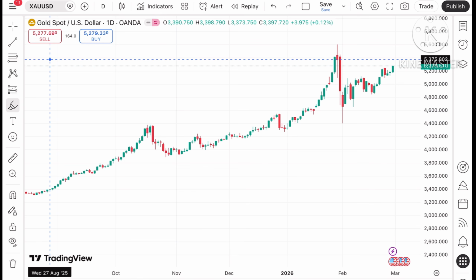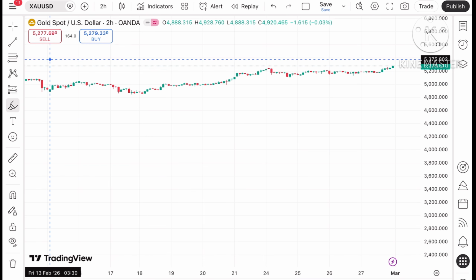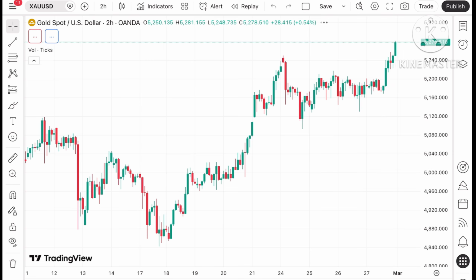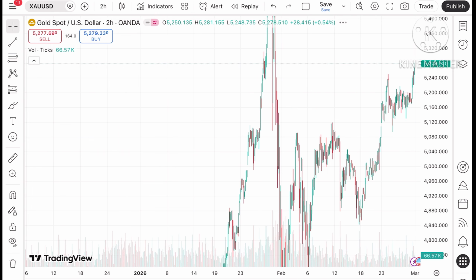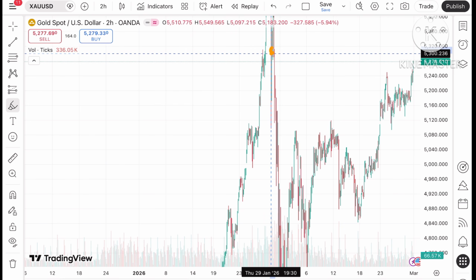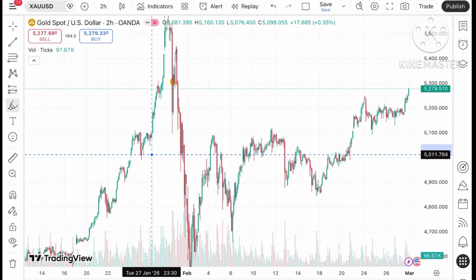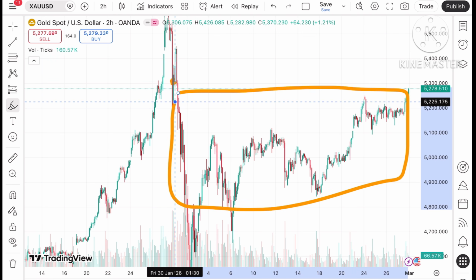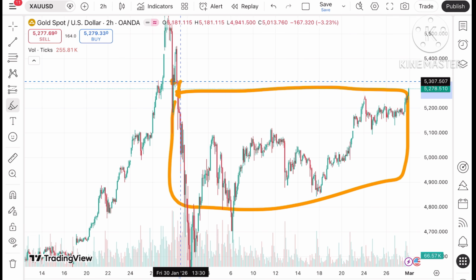Now coming back to the 2 hour chart, you can see the price is already above this level. In the starting month of Feb, or in the last week of Jan, we saw this level. Chances are high, because the price has touched this level after a long time, around 1 month on a 2 hour chart basis, that it can move towards